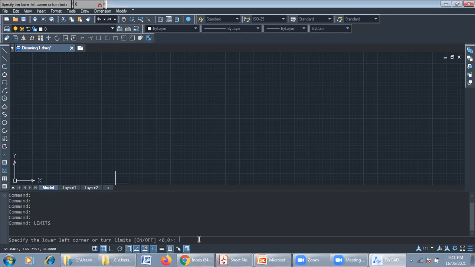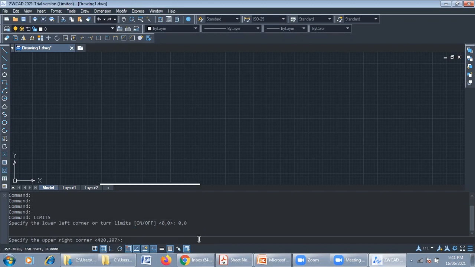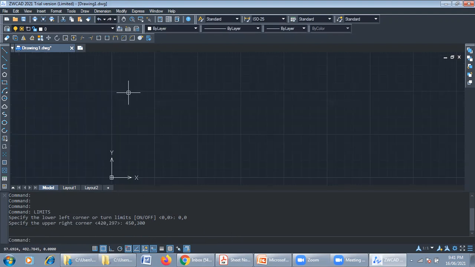So follow the commands before starting the actual problem, so that you will get the actual interface of the problem. Then for the A2 sheet dimensions, it's asking for the lower left corner and the upper right corner. I am randomly putting 450 comma, let's say 300 mm, the dimension of the space which is to be utilized. Based on that, it will be a grid space.